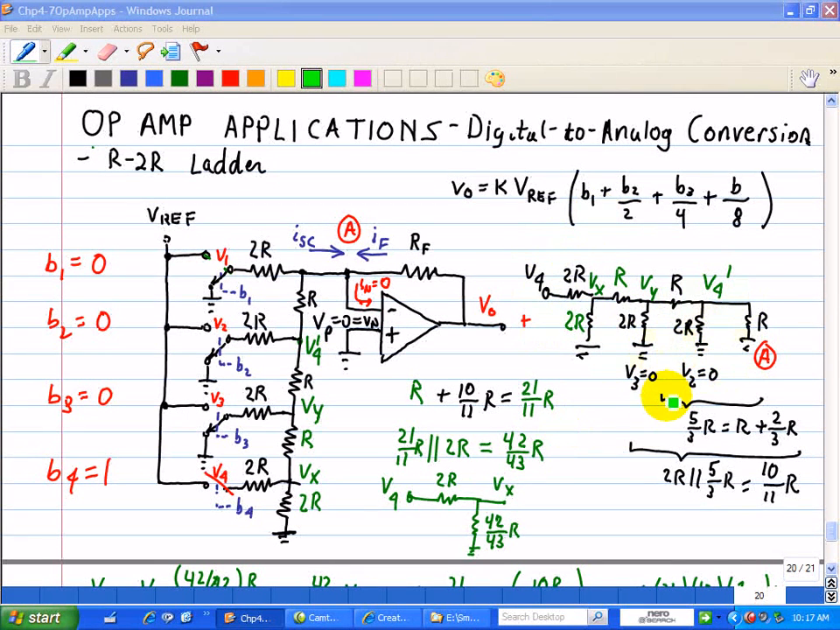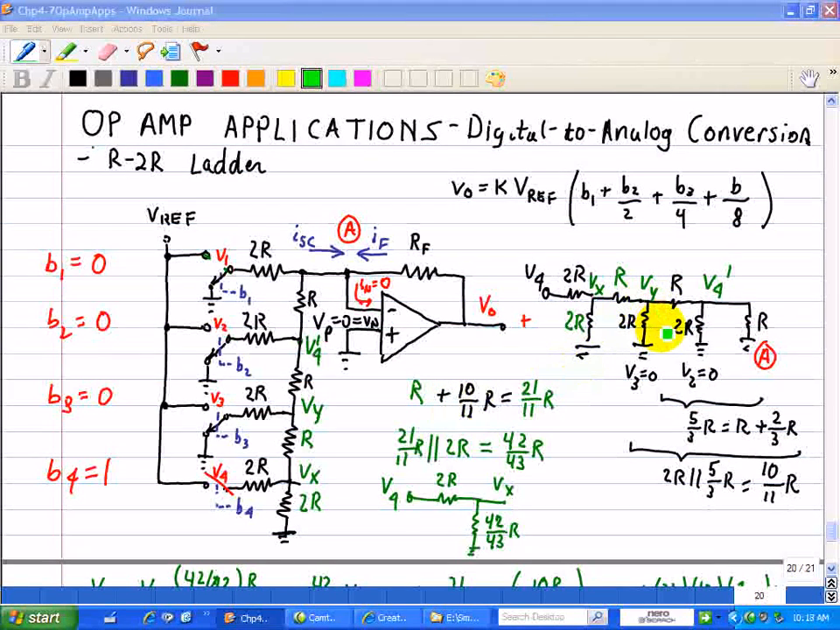Now doing the same analysis we did here, we find that this resistor network is 5/3 R, because this is 2/3 R plus R, which is equal to 5/3 R. And then this 5/3 R is connected in parallel now with this 2R, which is equal to 10/11 R, as we calculated earlier, just before. Now this resistor network is all equal to 10/11 R,